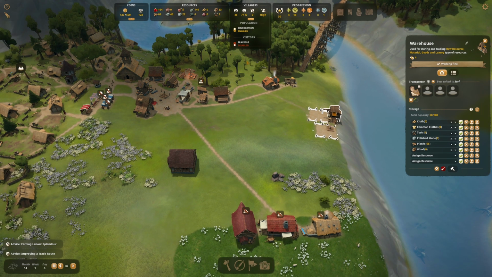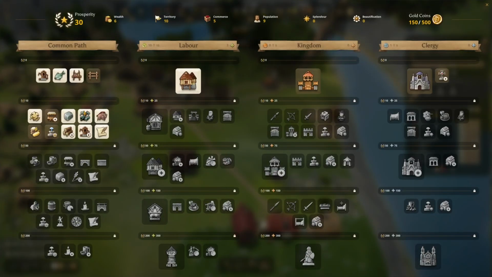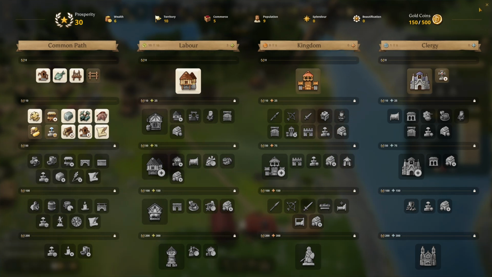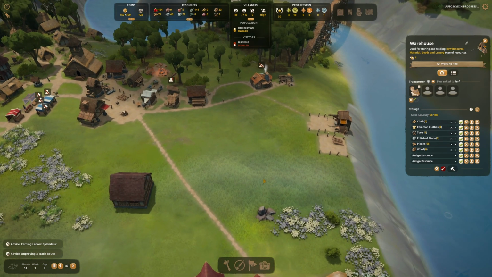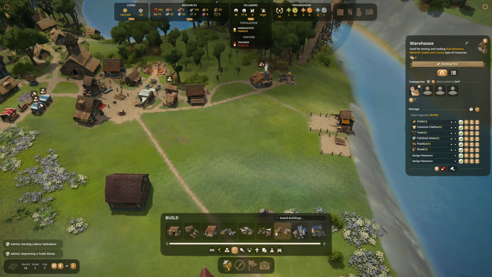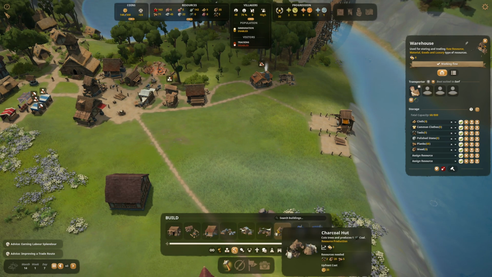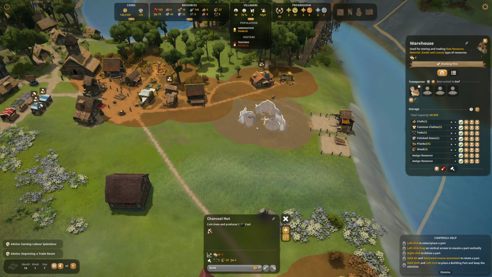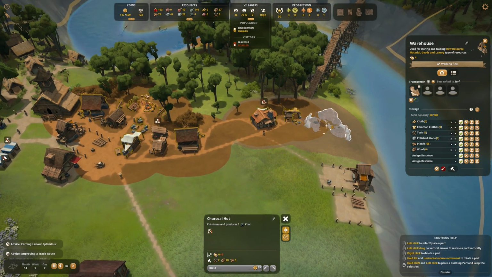What else do we need to do? We have some extra coins, so we can actually take a look at the progression again. Oh, we actually unlocked tooling. Perfect. Let's take a look at what do we need for tools. Tooling should be under resource production and okay, so charcoal hut cuts trees and produces coal. Okay, maybe